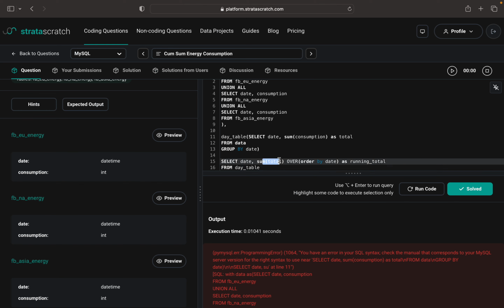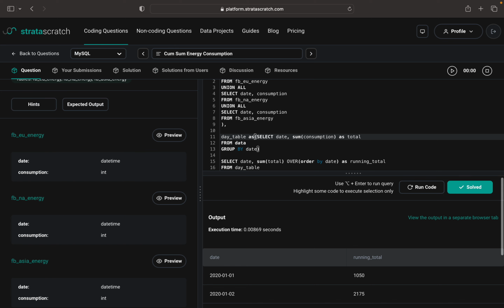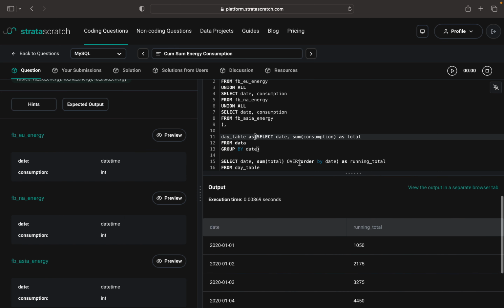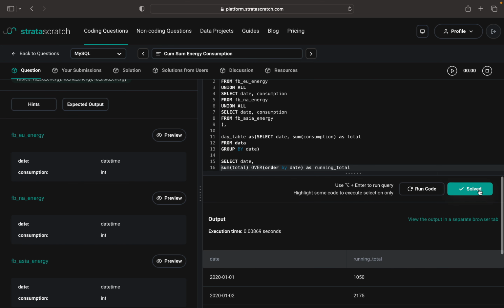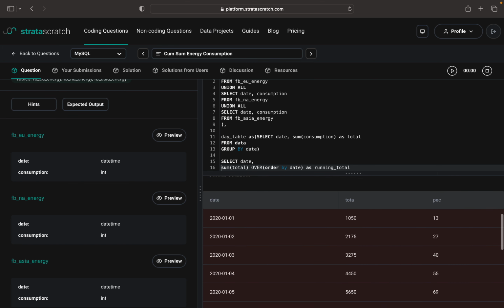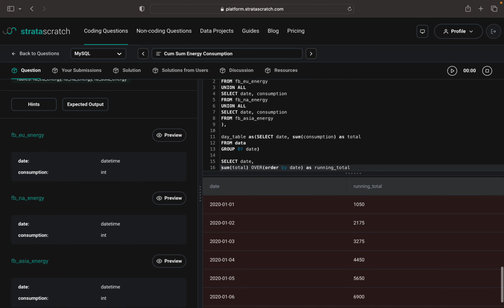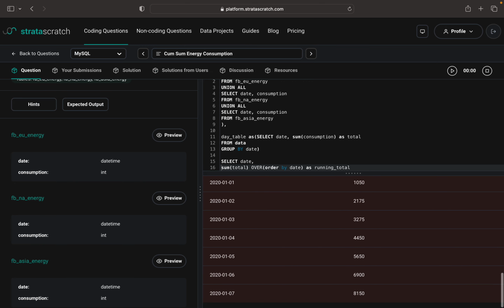Sum total from data order by date. Oh, we need another as. I keep forgetting these as statements. There we go. Finally, so what we need to do is, if we try to press the solution now, it's going to fail because we need a third column. As we can see, my first column looks right,